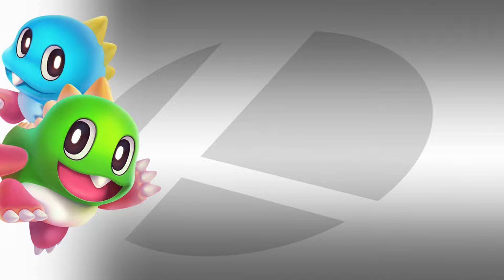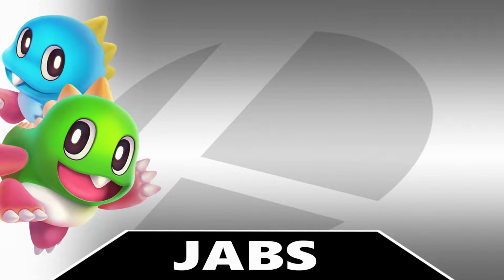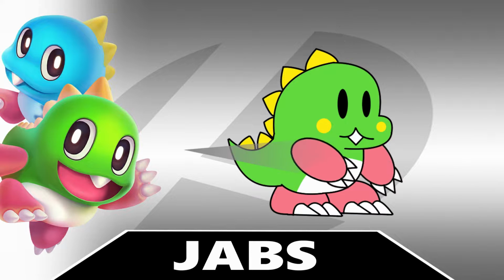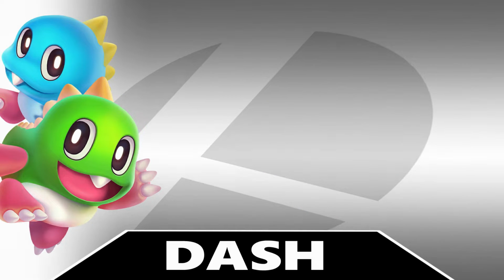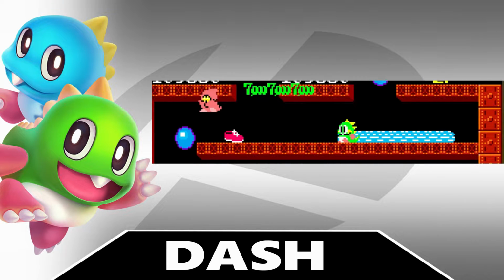Moving on, we'll be going to the standard attacks. First, of course, is always the jab. This one is surprisingly easy, as it's just either Bub and Bob using a two-handed claw swipe. For the dash, Bub and Bob will roll into a ball hitting foes, somewhat referencing the water slide animation from